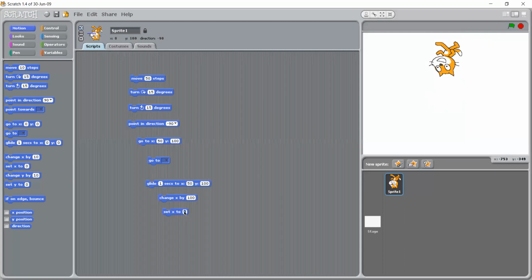If I change here, I am giving some minus value, minus 80. Now I will click here. Now it is set where x is minus 80. So minus means it will move from right to left. Next one, the same we have done till now for the x-axis. Now the same thing we can do for the y-axis also.